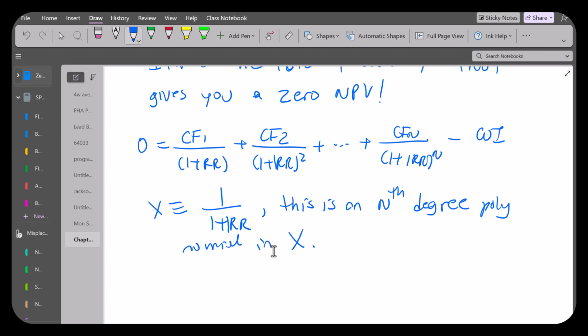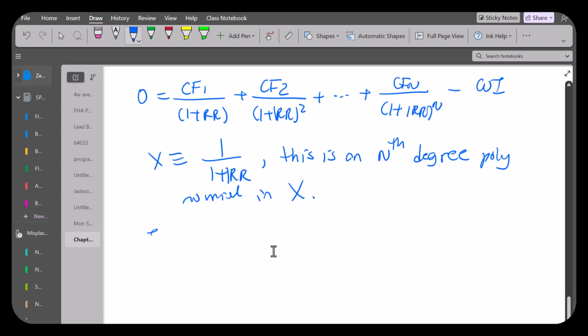In the field of complex numbers, which is real and imaginary numbers, it has n solutions, but generically, it does not even have to have any solution at all. If cash flows are what we call conventional,